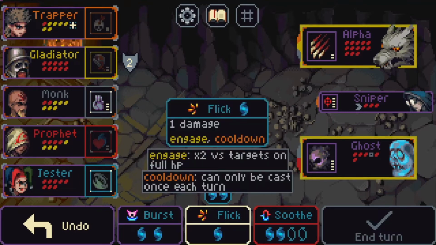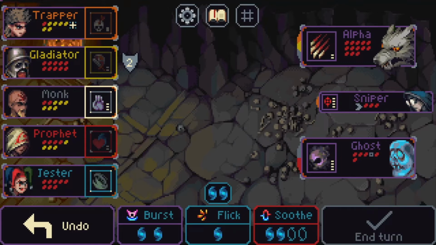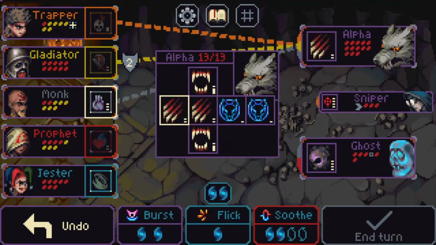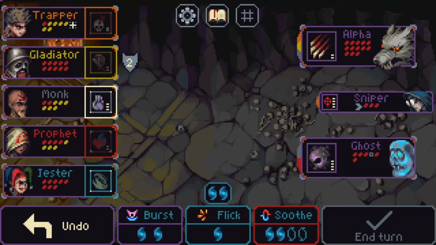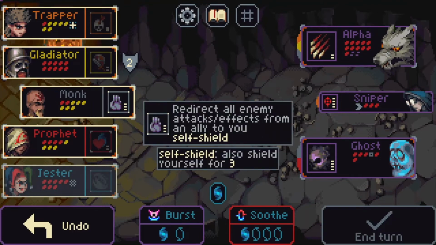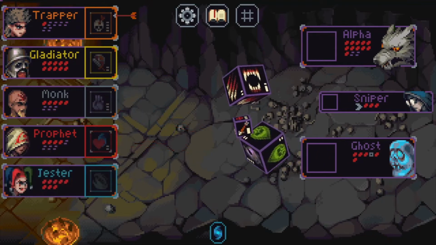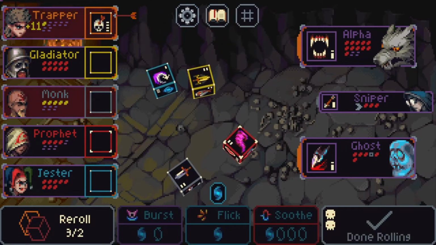Okay, this is a little bit trickier. The flick can do 2 damage to you. This alpha though, I think it spawns more wolves. Yeah. What's this ghost do? Become immune to damage this turn. Don't like the idea of getting more wolves spawning in though. Might just self-shield. Okay. This does have range, I remember, so...